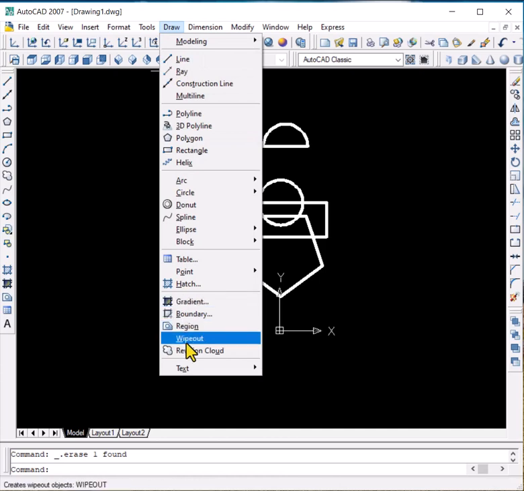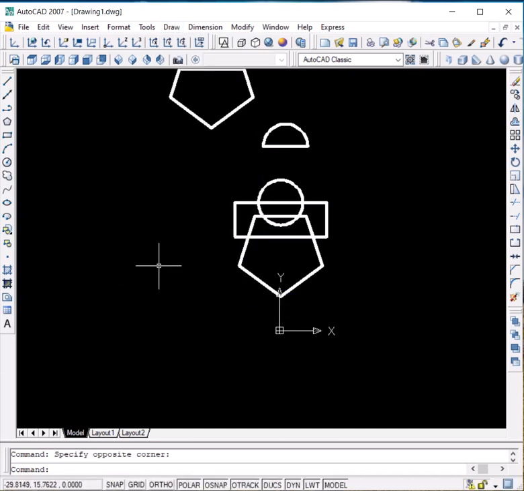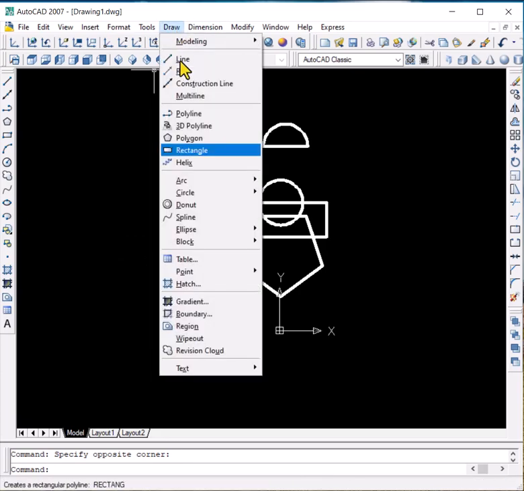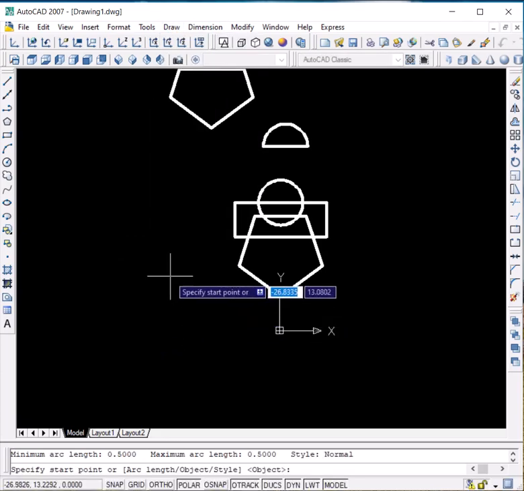Now the next command is revision cloud. Revision cloud is mainly used for review purpose or revision purpose. Like if you have drawn some objects and your instructor or your manager wants to see the drawing and he points out some mistakes, he can comment within the drawing by using the revision cloud. How do we do that? Let us go to draw, revision cloud, and now if I start with just one click